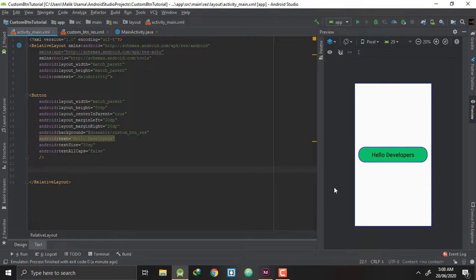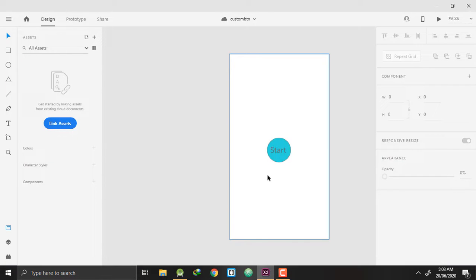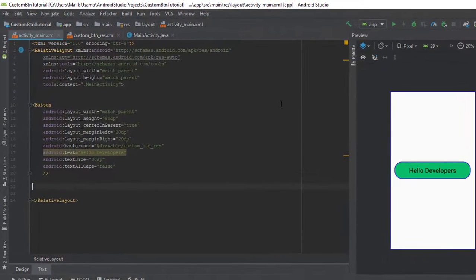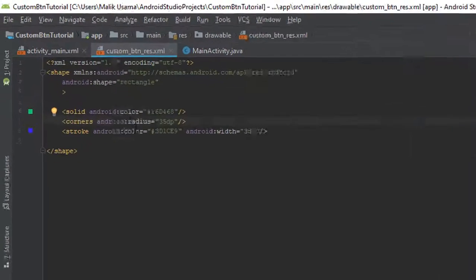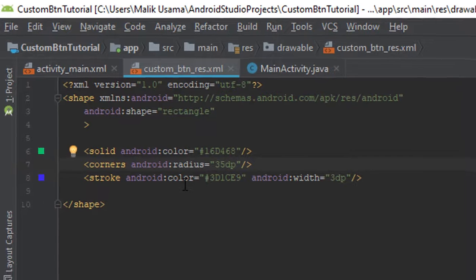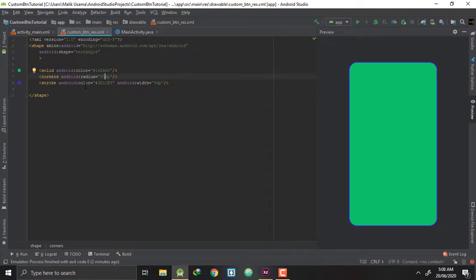Now the next thing that I want from you guys is to tell me how to convert this button into this button. You can comment your answer in the comment section, but let me give you a hint. For your button to be a proper circle, you need to give equal width and height, and the rest will remain the same. But you might need to change a little bit of your code from here. So what needs to be changed? Write in the comment section.